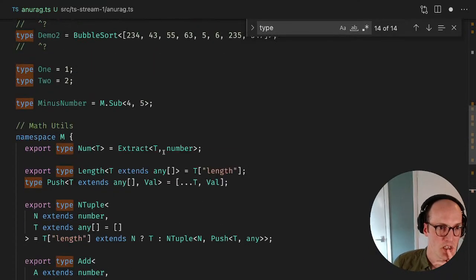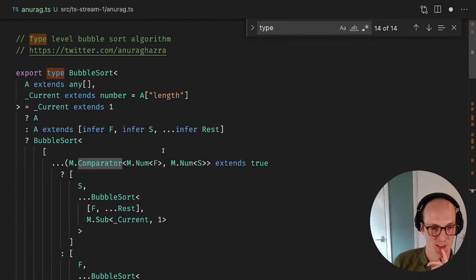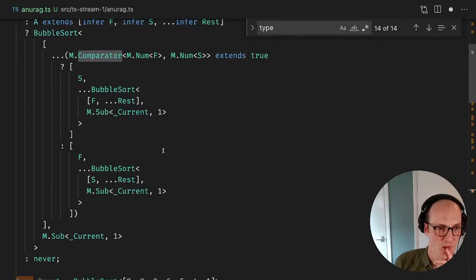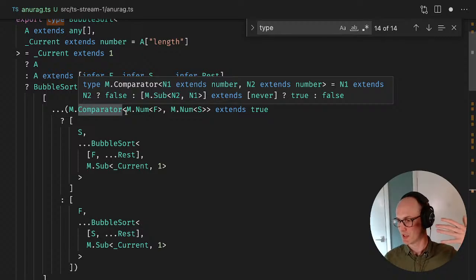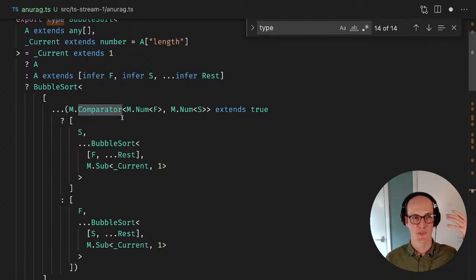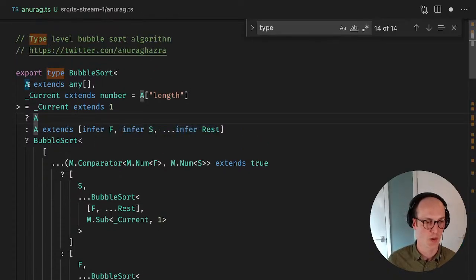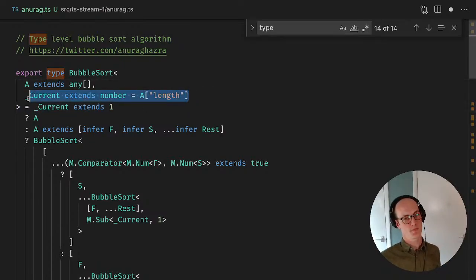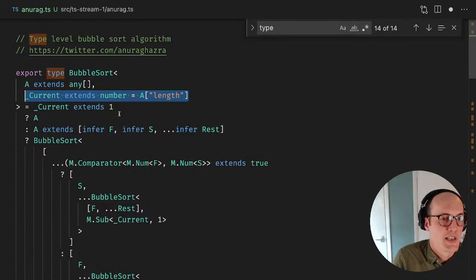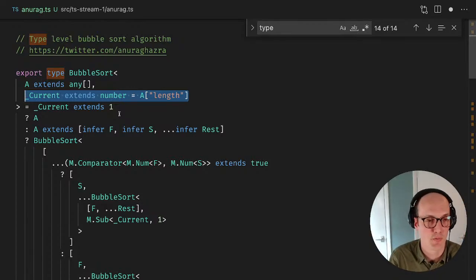Very cool. So now that we understand that, we can now see that a lot of this algorithm is basically just like array stuff and like spreading things into an array. And let's actually just walk through one by one. So current extends 1. Yeah. So this trick up here, this underscore current, is basically a way of saving a local variable, and it's basically saying,